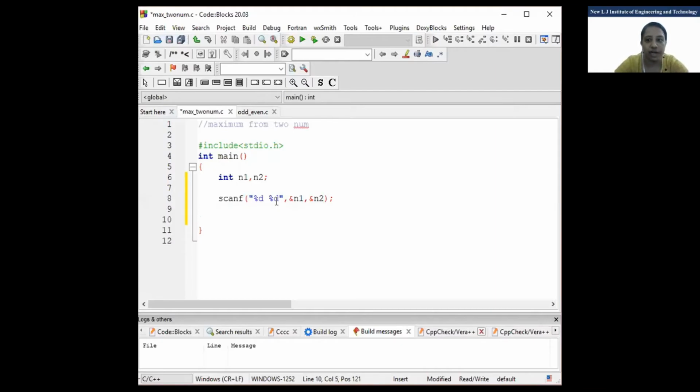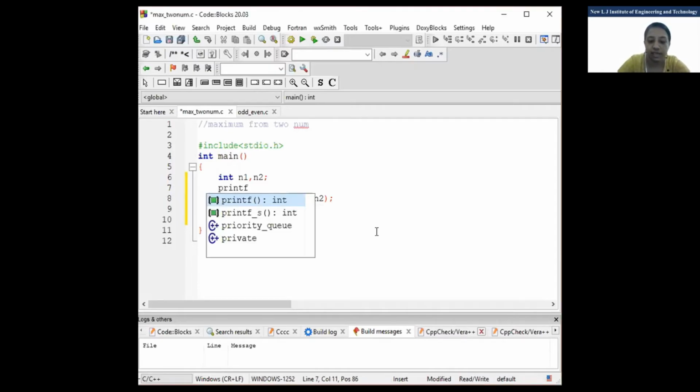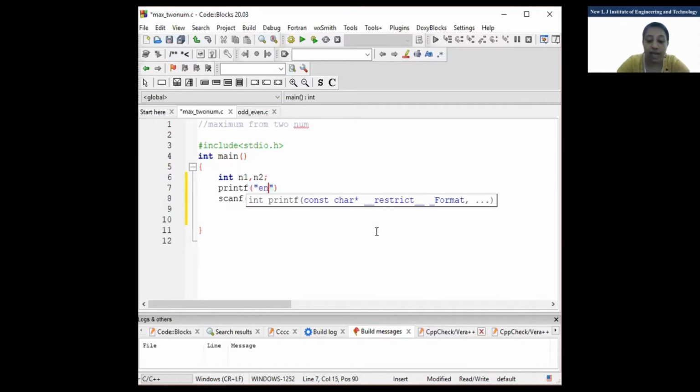Okay, after that what do I need to do? Anyone? I have just declared two numbers. Okay, and I'll write printf also, because when I run my program, it will show me a blank screen. So I don't know what I need to enter, right? So for that, I'll write, Enter two numbers. Okay, for simplicity, I'm writing this. Fine? Or any doubt?